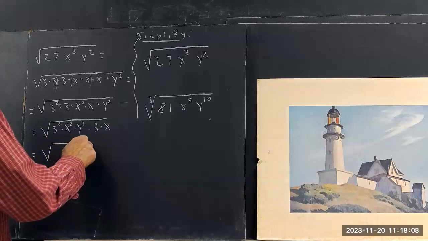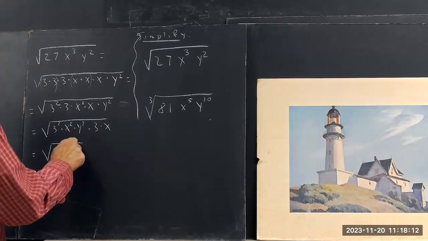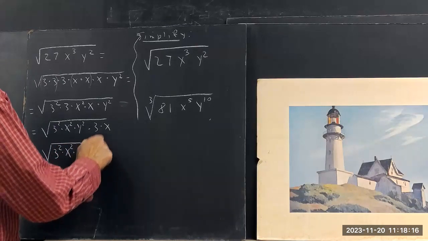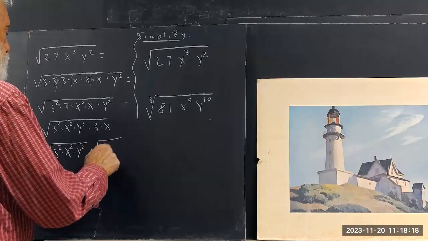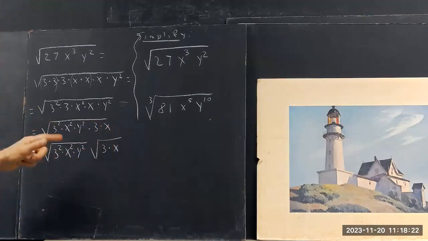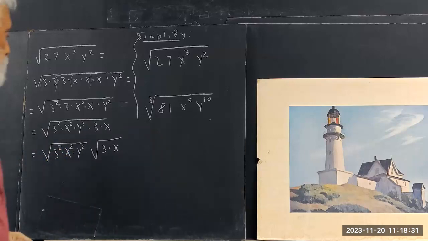Now I use the fact that I can break up the square root of a product. You couldn't do this if there was a plus in there. You can only do this if everything is multiplied. And I get the square root of 3 squared times x squared times y squared. Well,